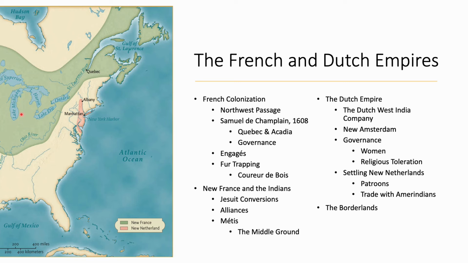Because of this, the area around the Great Lakes that was claimed by France becomes what is known as the middle ground, which more and more scholarly work is researching as the relationship between Native Americans and Europeans. In many ways, it was a neutral zone. There was really no European settlement. Europeans came, they traded, they conducted business, and would leave. And so this middle ground serves as an open, neutral area in many regards, established as a place to conduct business.